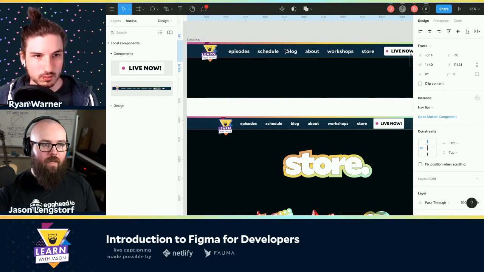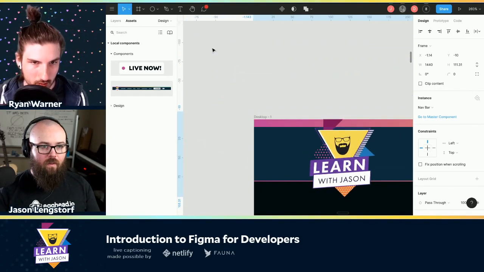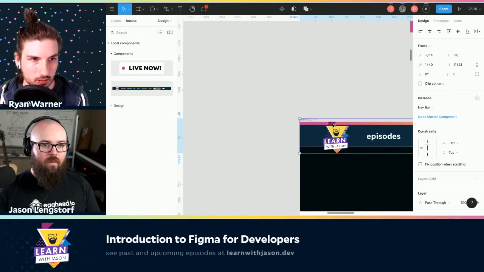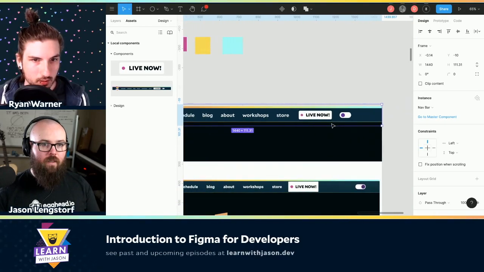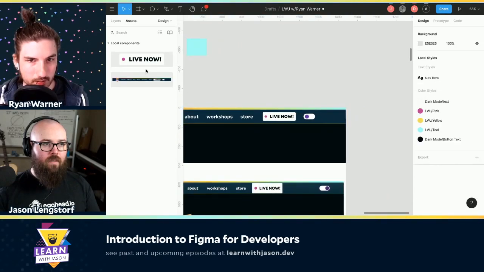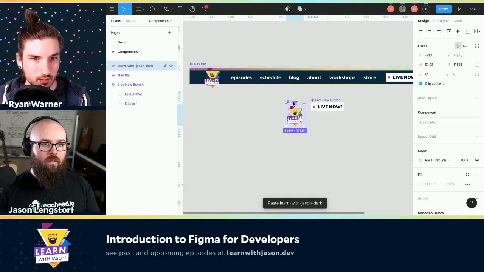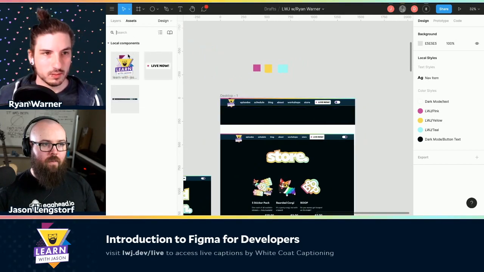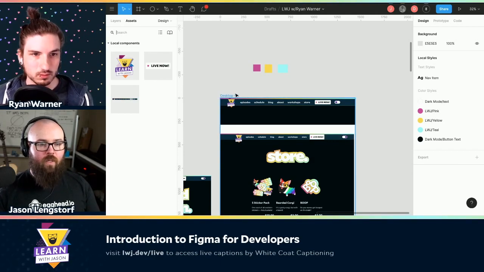All right, so I've made one mistake that I can see, which is that because the top of the flag of this clips out, it doesn't want to align the way that I want it to. That's not something we're going to worry about today, I don't think. I think we just let that one be. I can take this, move that into here, so that it's not sitting out like that. Okay, so now if we look in our assets panel, we've got here's the logo, here's our button, here's our nav bar. So if we need to use that anywhere, we can.